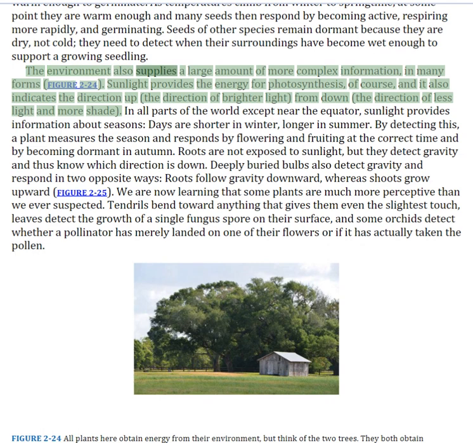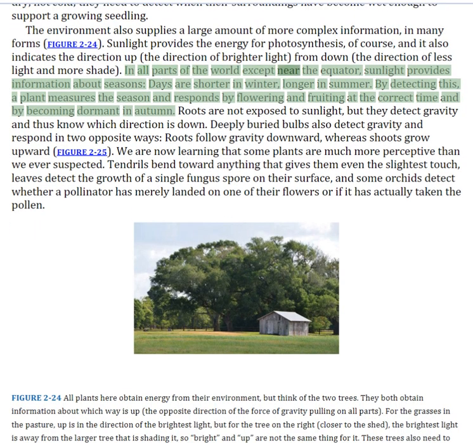The environment also supplies a large amount of more complex information, in many forms. Sunlight provides the energy for photosynthesis, of course, and it also indicates the direction up from down. In all parts of the world except near the equator, sunlight provides information about seasons. Days are shorter in winter, longer in summer. By detecting this, a plant measures the season and responds by flowering and fruiting at the correct time and by